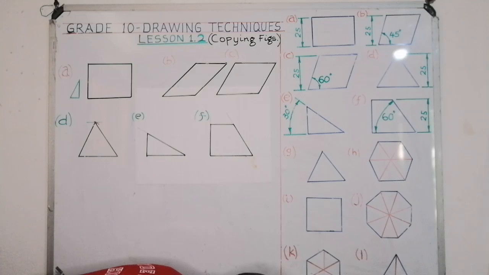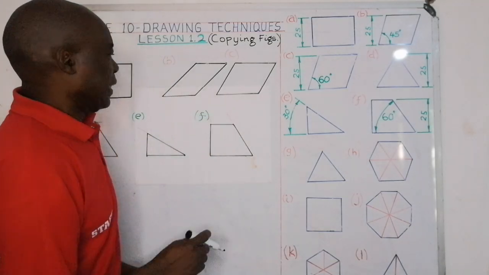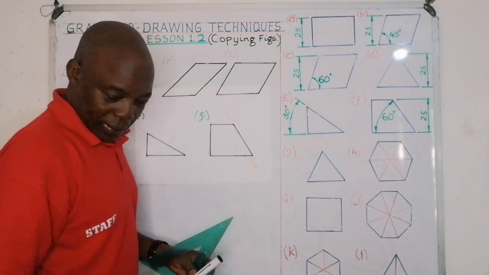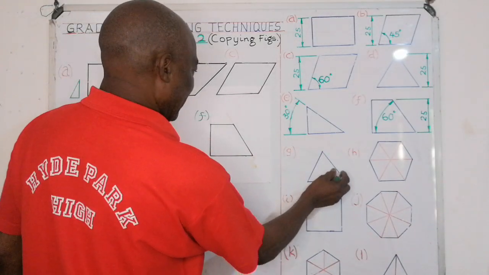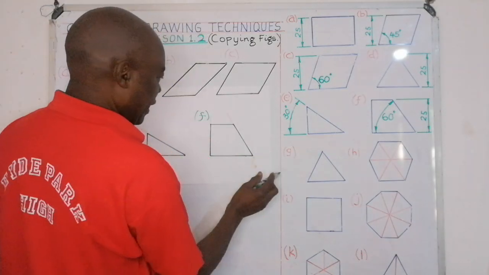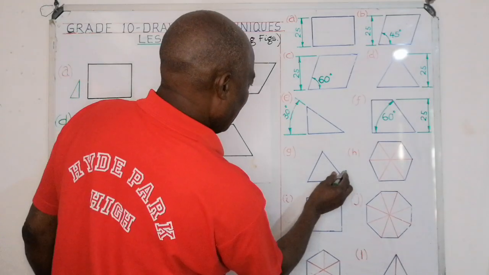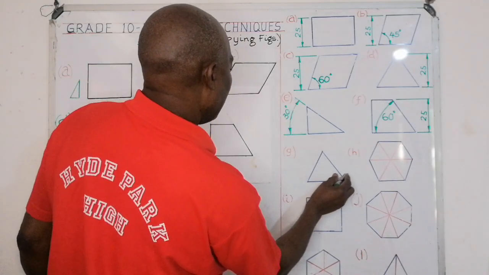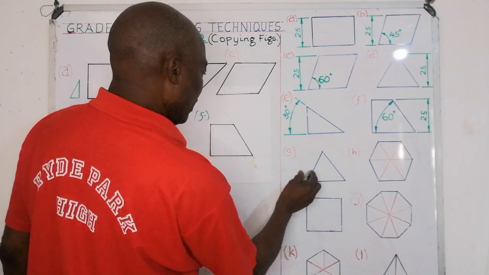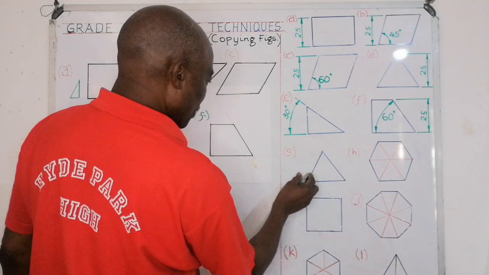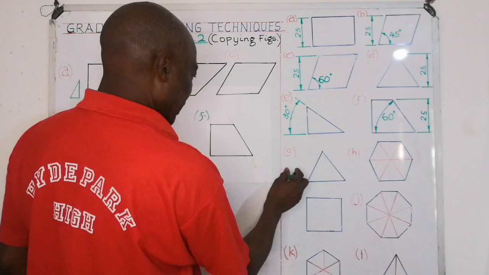G, and you are given 60 degrees. Let me show it here. Even though it's not given as 60 degrees, on the answer sheet it is given like this, whereby you are going to use the 60 degree angle to draw that, and also 60 degrees to draw that. So you are given the shape of the